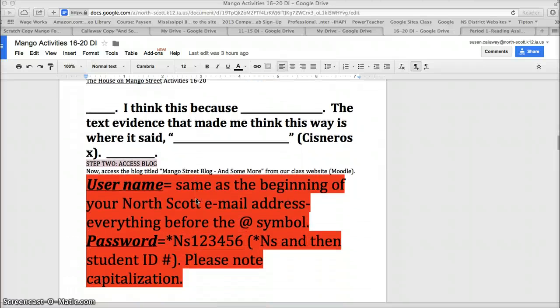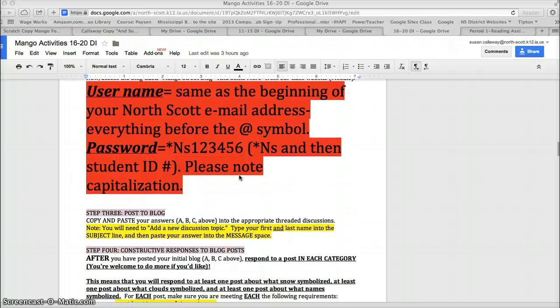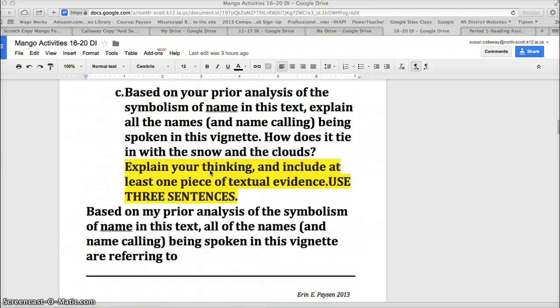Because you'll have to respond to blogs too. I just highlighted all the password stuff on mine in red. Yours isn't like that. Okay, so step 3 that you'll have to do is copy your answers above, A, B,